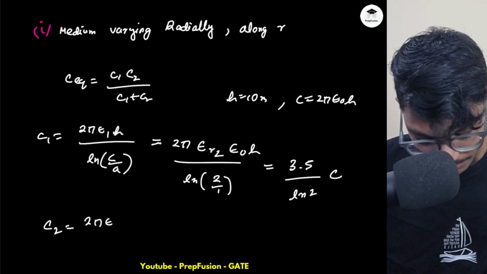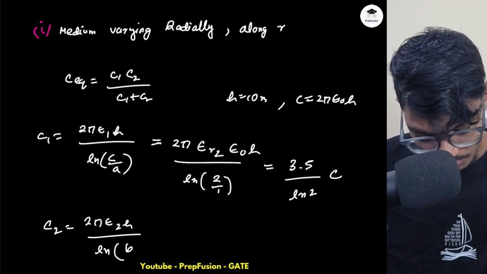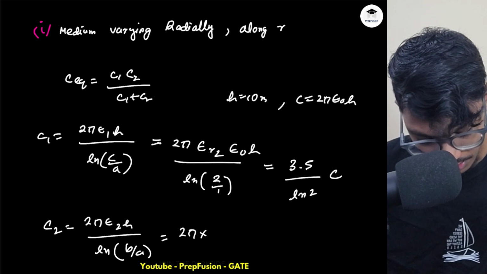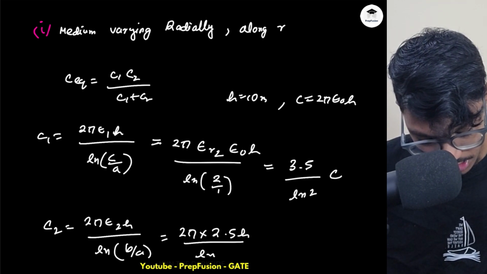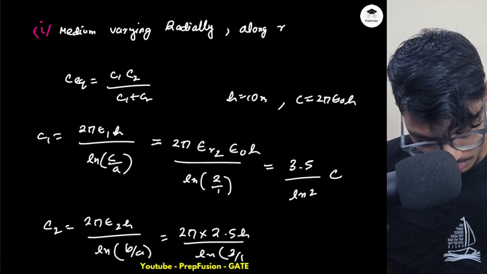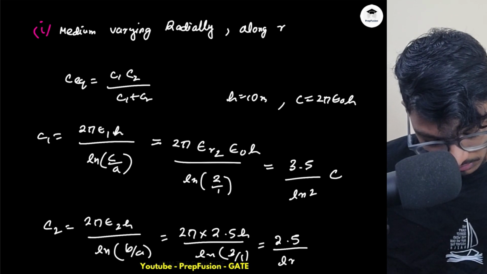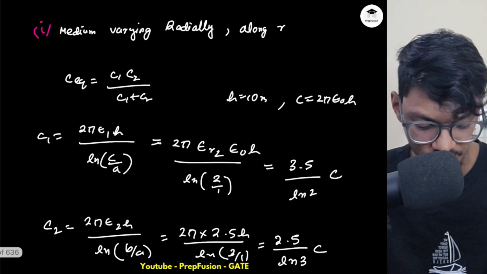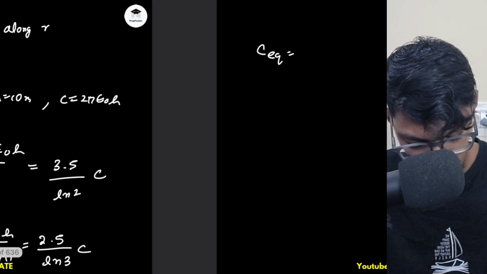What about C2? C2 will be 2 pi epsilon H ln B by A, which is 2 pi epsilon, epsilon R1, which is 2.5, H ln B is 3, I believe. Yeah, 3 by 1. So it will come out to be 2.5 by ln 3 C. Now I'll just use the simple parallel formula. So what is the parallel formula? C equivalent will be